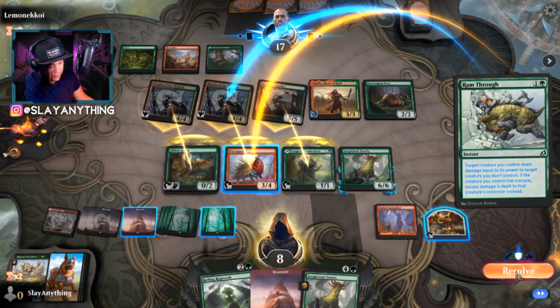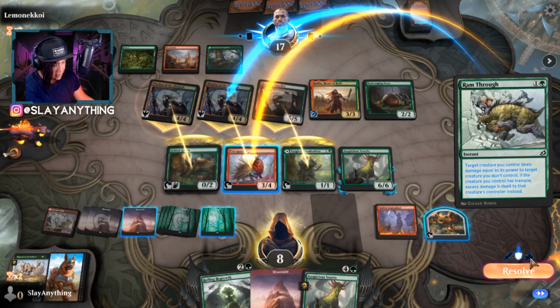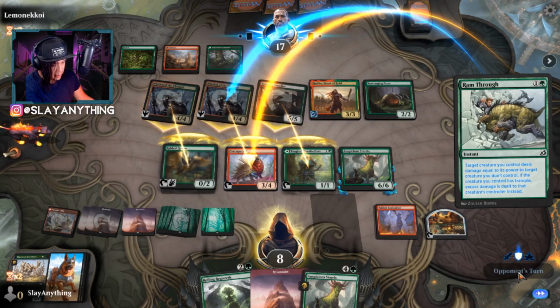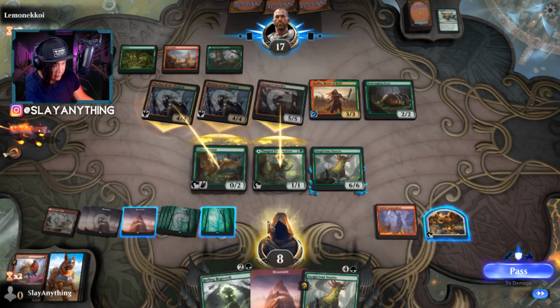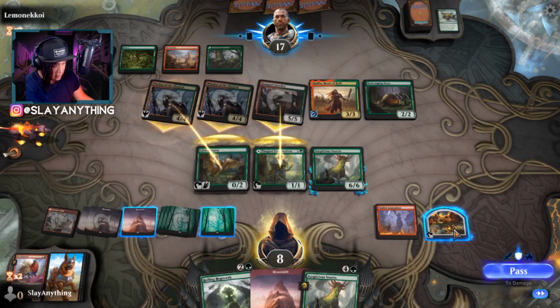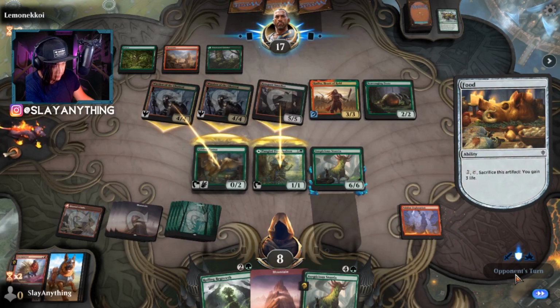So they ram through that. Okay. Let's see what that does. Does it have trample? Yeah, it's trample. So there's 1. Alright. Gotcha. Okay. And this doesn't have trample, but we'll do 2, 6. Okay, so let's go ahead and